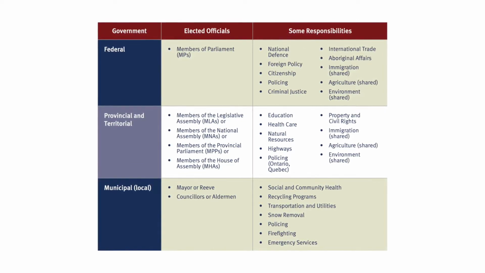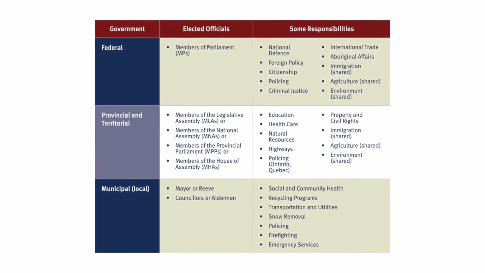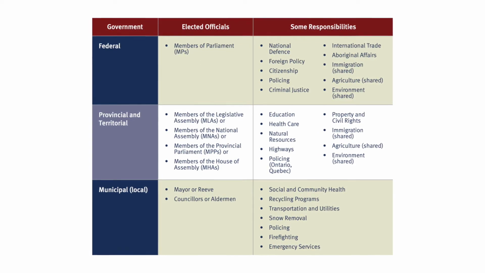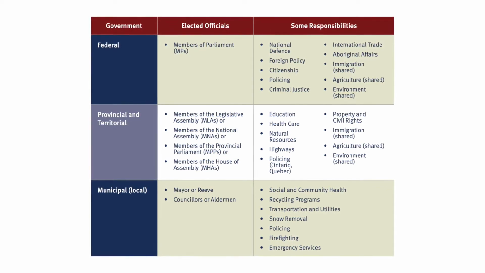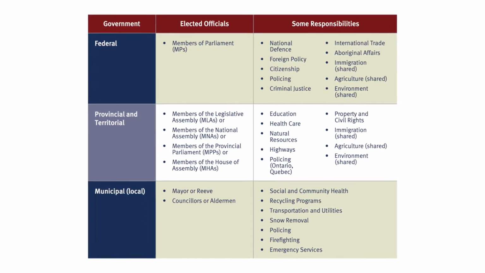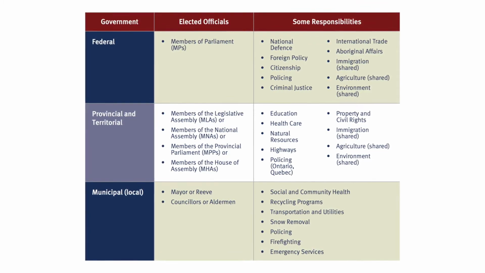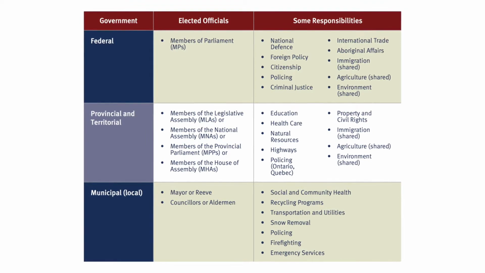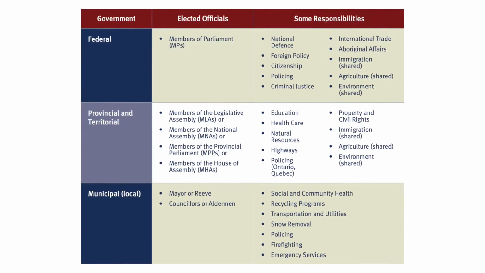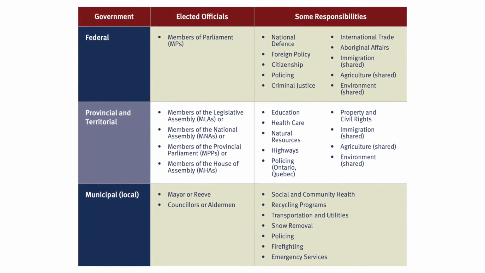At the provincial or territorial government level, the elected officials are called one of the following titles, depending on the province or territory: members of the Legislative Assembly, or MLAs, members of the National Assembly, or MNAs, members of the Provincial Parliament, or MPPs, or members of the House of Assembly, or MHAs. Some responsibilities at this level of government include education, healthcare, natural resources, highways, policing in Ontario and Quebec, property, and